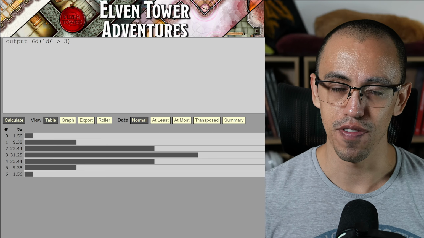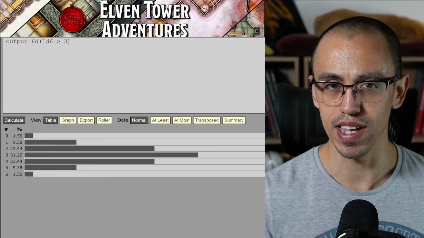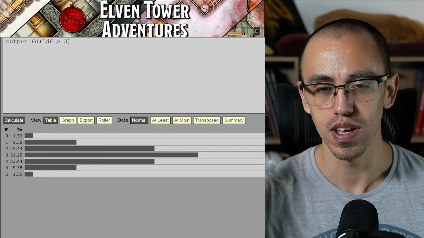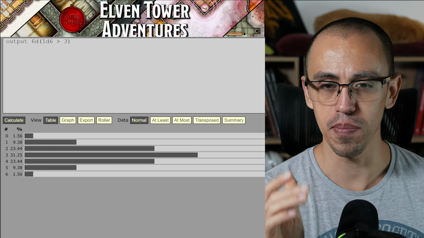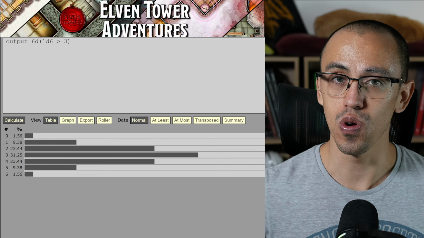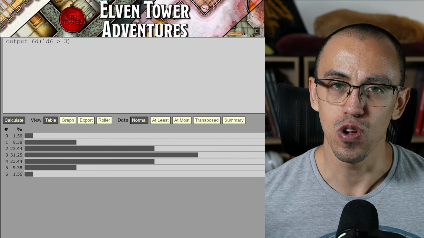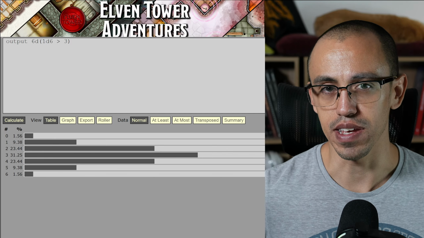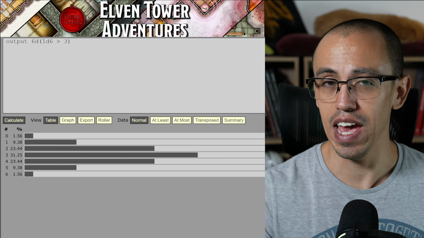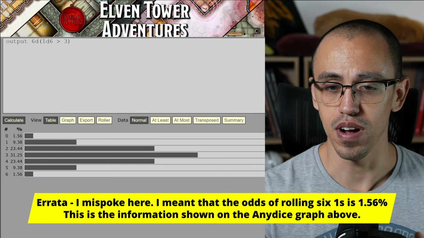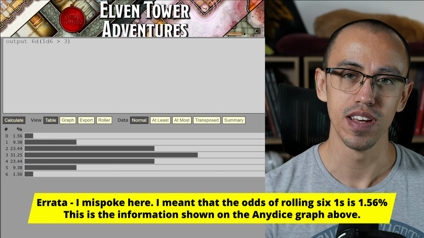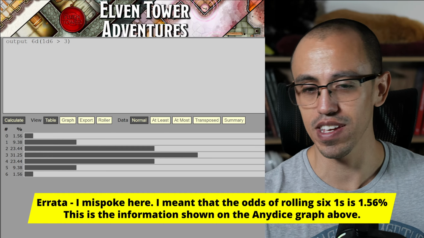Now this is the graph for a dice pool that works just like I described, where every die with a result of 4 or more counts as a success. So for this example, I am asking the website to calculate what happens when you roll 6 dice. So in this case, it also creates a bell curve, like in Dungeon World or in Daggerheart. Here, the odds of rolling every die 3 or under are 1.56%. It's very unlikely. Just like rolling 6 sixes, like a critical hit,